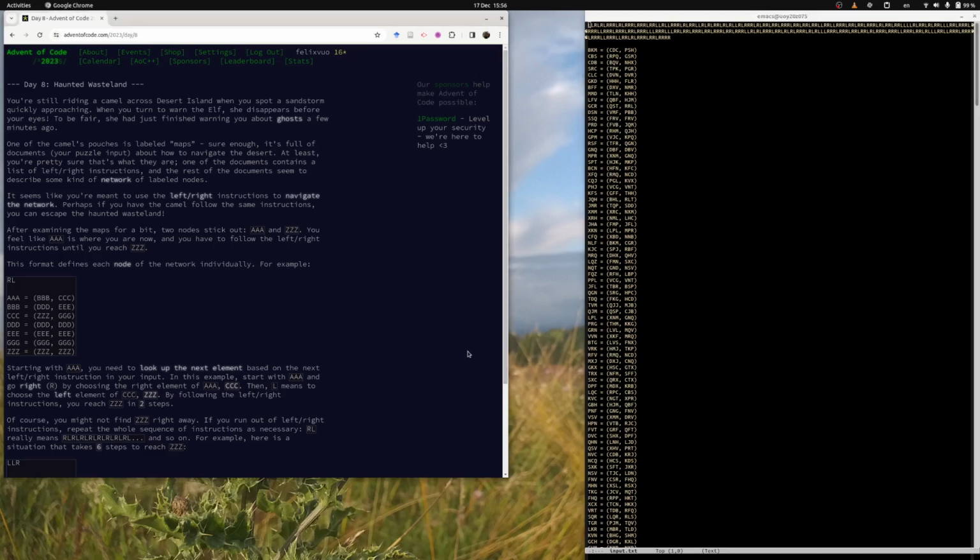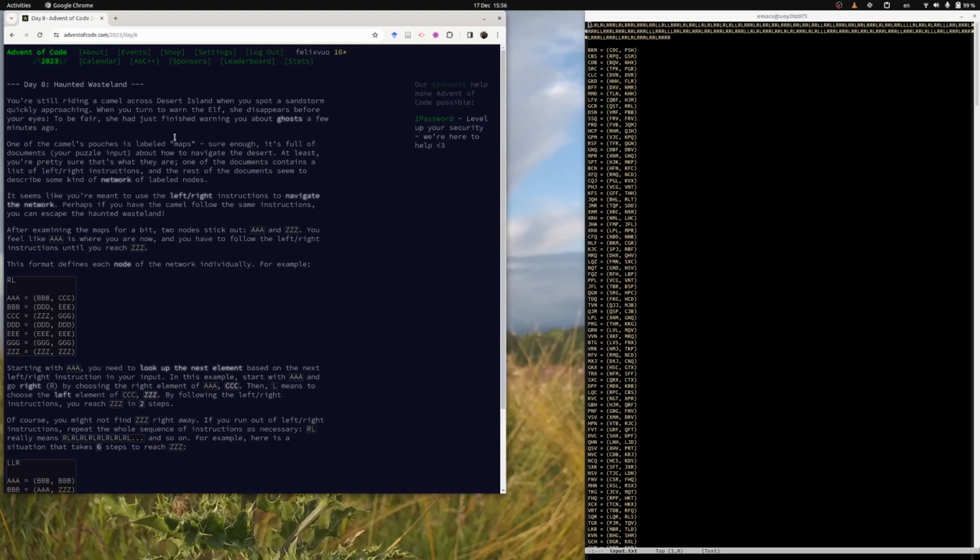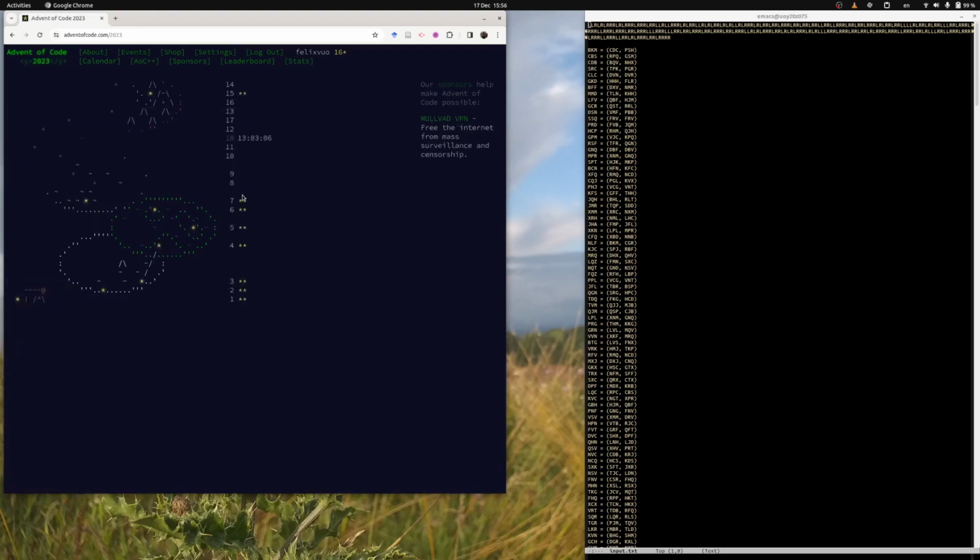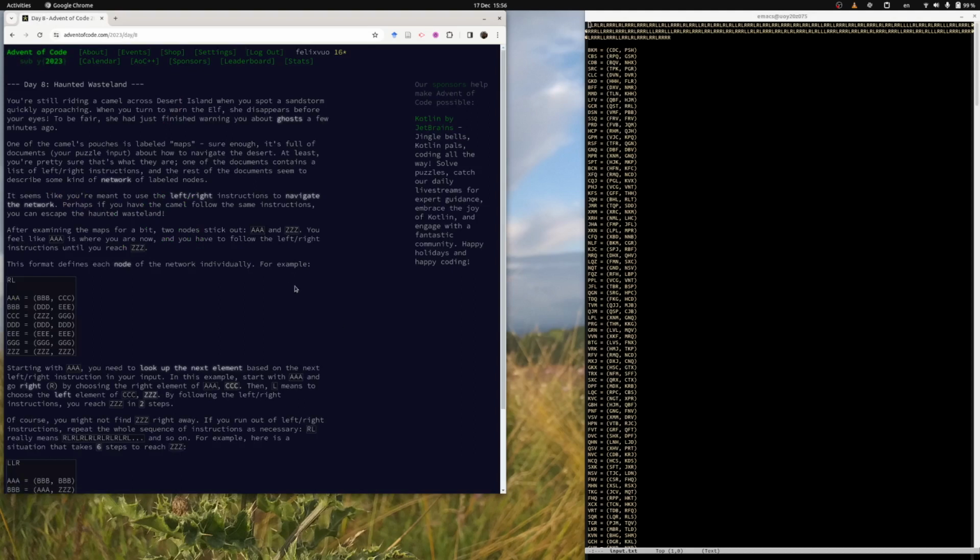I've had a quick glance at it, but so here we are on the adventofcode.com website. It's the day 8 challenge, just because that's the one that I haven't done. I've done the ones beforehand, so I've done 1 through to 7, and I need to do 8 next. Okay, there's a lot of blurb, a lot of story. You can pause and read that in your own time, but basically what it seems like we need to do